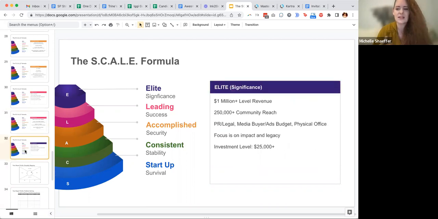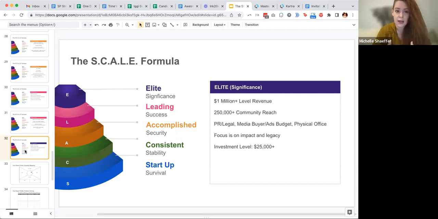So then we get to the very top level, and that is the elite level. This is where, and not all businesses actually move into the elite level. Some businesses stay in the pink level, others move into the purple level. This is where it's not just about the numbers, it's really about the goal for the business. So if they are looking to really leave a legacy,